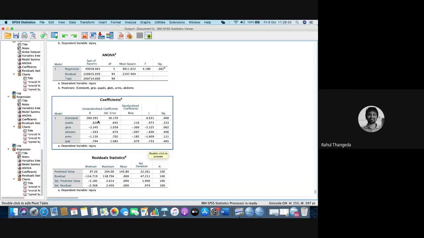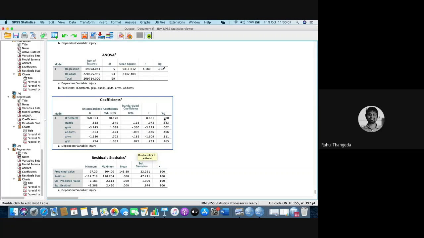Now this is the most important point of regression. This is where you get your coefficient values. When you have to write your equation, you write like this: y equals mx. So mx is like 0.116. Always consider standardized values. Like yesterday we said, these are all crude values with which you can't make any inference. So consider the standardized values. And so how you can write is y equals 0.116 into x1 or quads, plus or minus 0.360 into gluts, and plus or minus 0.97 into abdomens, and stuff like that. So this is how you can write your